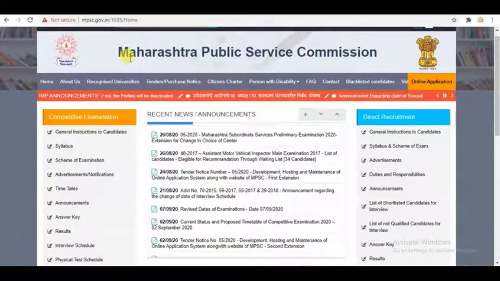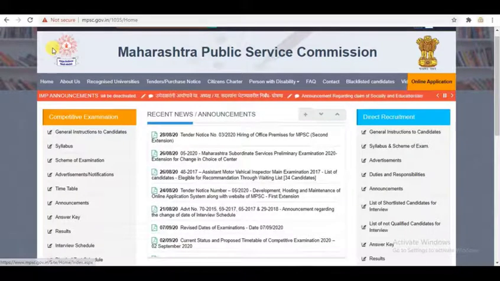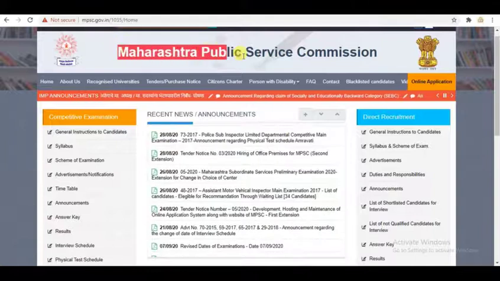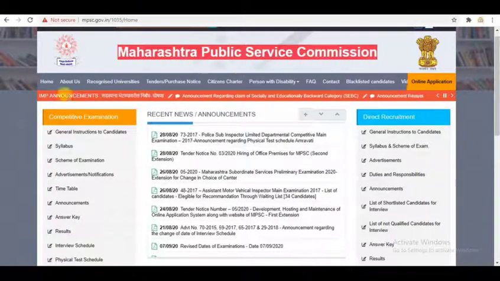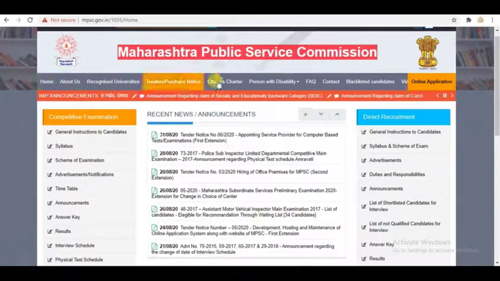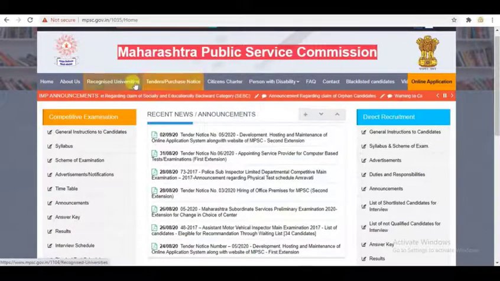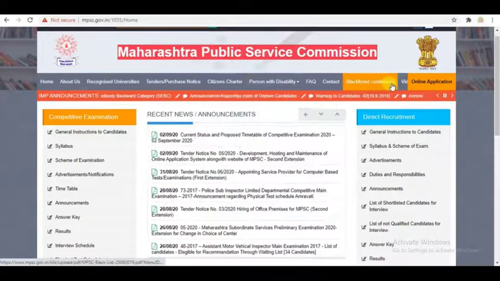The header consists of a logo on the left side, a logo on the right side, and in the middle the name of the website. After that there are different menus or links to different web pages. This is a menu bar.